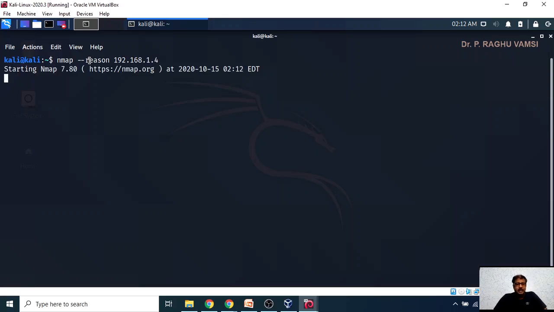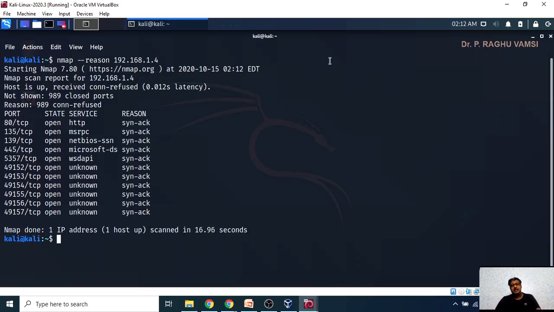So it will take some time, maybe 10-20 seconds, to perform the sending of the request to the Windows 7 and give you the result, on what basis that Windows 7 responded. Now the result we got, Nmap scan report for